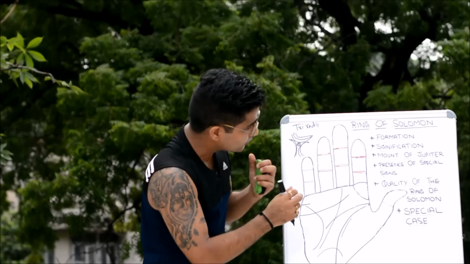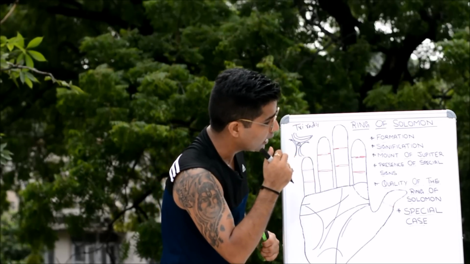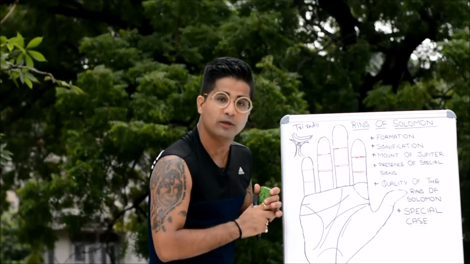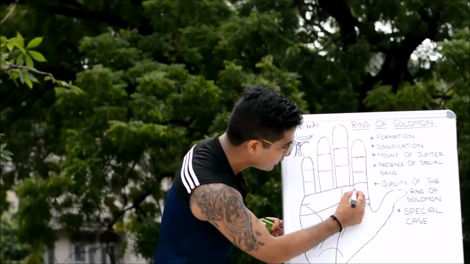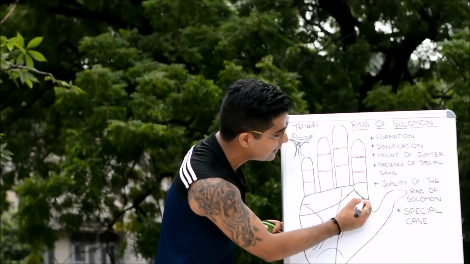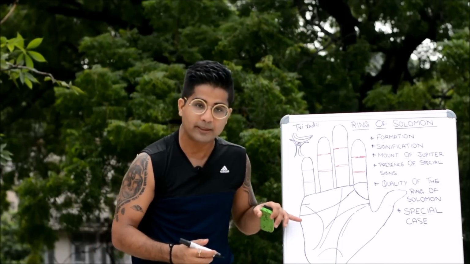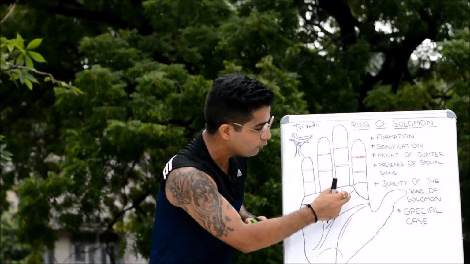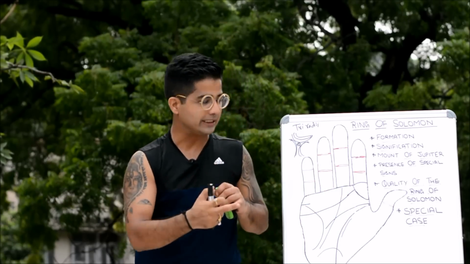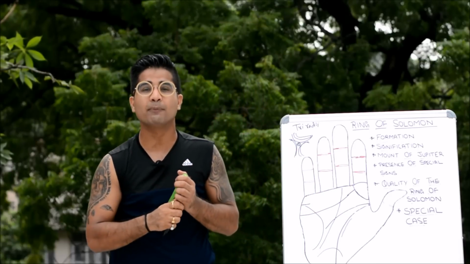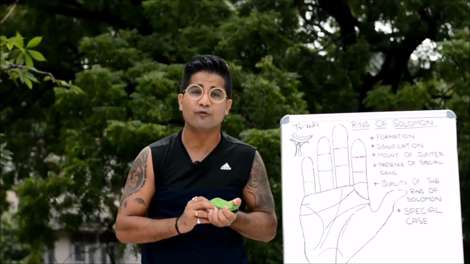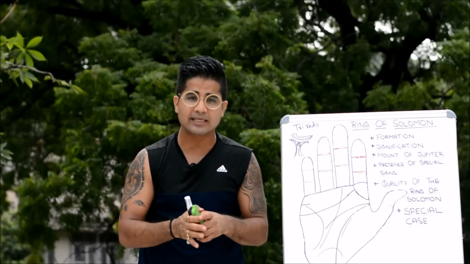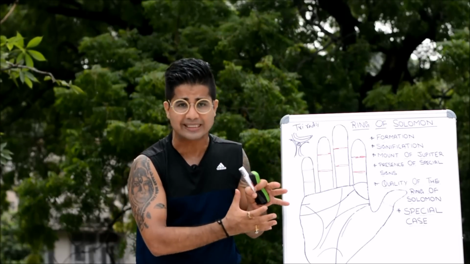Next are the special cases. So what do I mean by special cases? I mean that many times you will find the heart line touching the ring of Solomon. This is considered the best sign. Because the heart line is touching and ending on, or beginning from, the ring of Solomon, touching it here, the person's emotions and feelings would be more altruism and humanitarian governed. Because, like when we were discussing the heart line series,